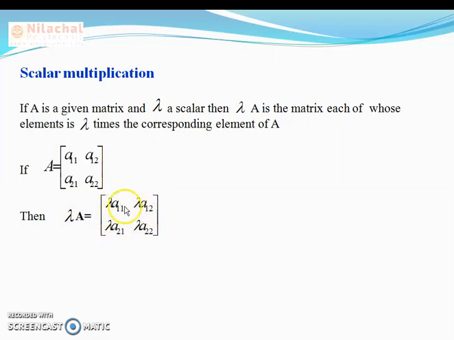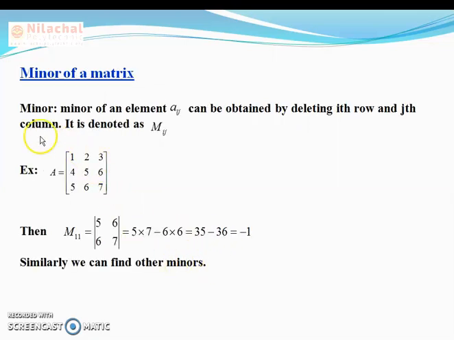means 2 into first element, 2 into second element, 2 into third element, 2 into fourth element. Clear? So then come to minor of the matrix. This word you have already completed in your first semester, minor and cofactor. At that time those are very important to find the minor and to find the cofactor. Here somehow it is not necessary, but you have to know about